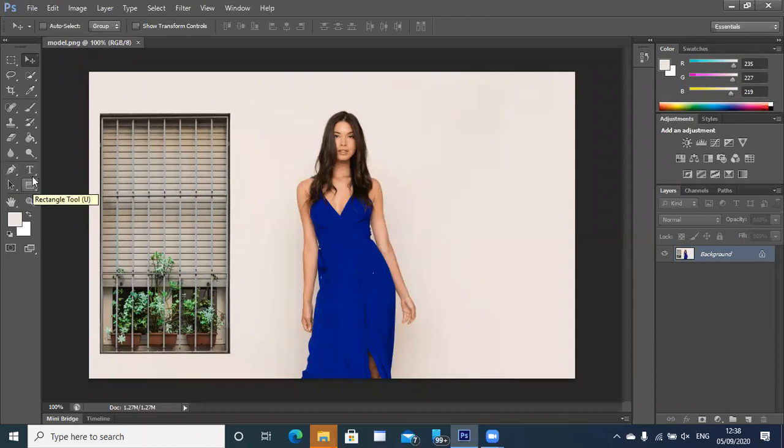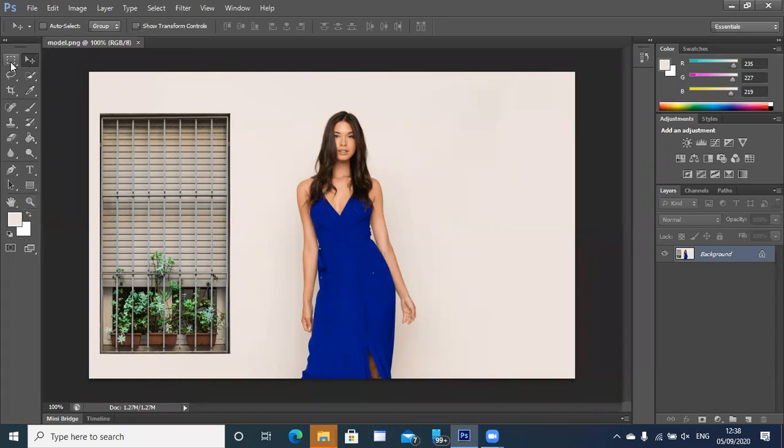Then there are a variety of shape tools available, like rectangle and circle, if you want to create your own shapes. The hand tool is there, which is basically if I want to move in any area of the image. And lastly, for zooming in and out, you have the magnifying glass or the zoom tool. This is just a very basic overview. I'm just looking at the tools and telling you what they can be used for. But now I want to do it in practical and show it to you.